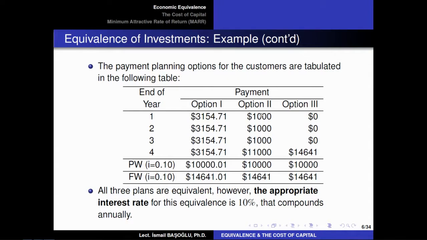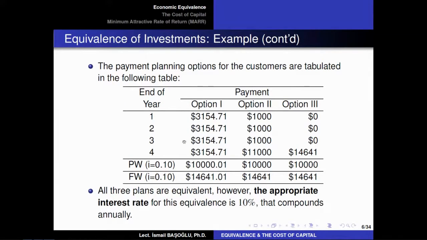In the second option, the customer may pay $1,000 at the end of the first 3 years, and at the end of the 4th year, a total of $11,000. And in option 3, $14,641 may be paid. So basically, the present value of $10,000, which is the current price of this product,